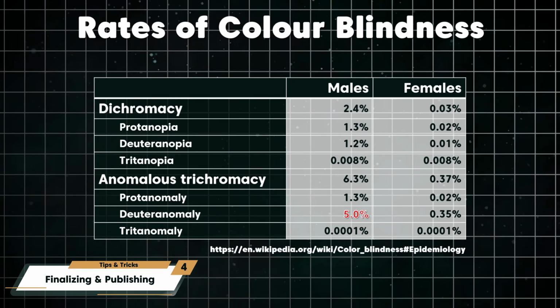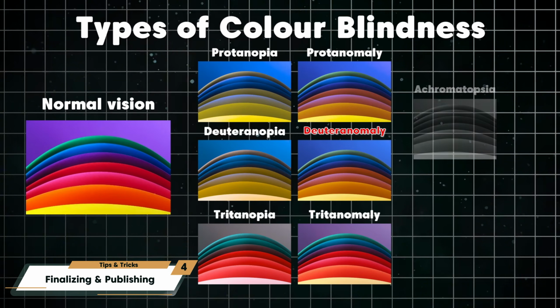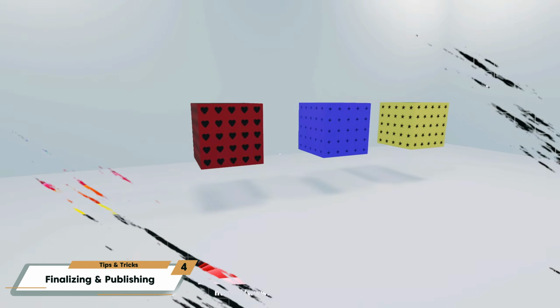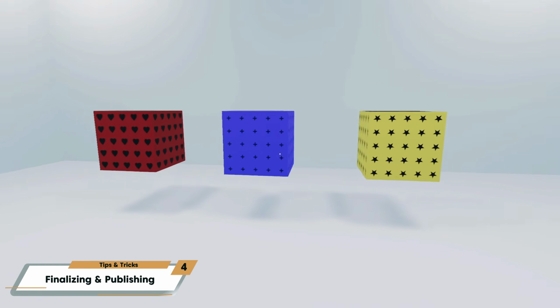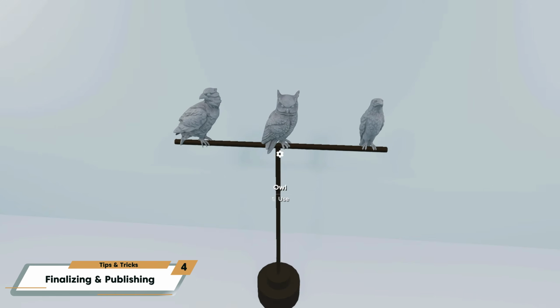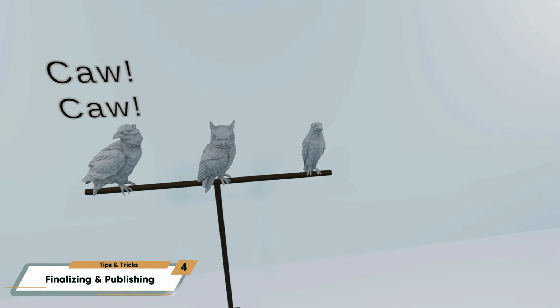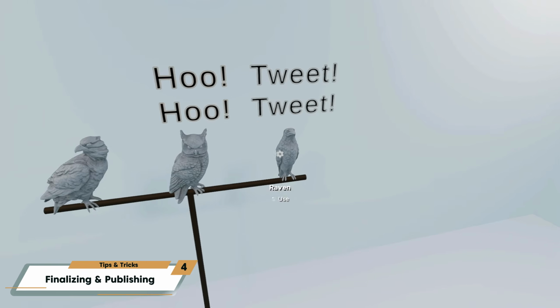Choose accessible colors for your puzzles and clues. Avoid combinations that are hard to distinguish for colorblind players, such as red and green. And consider using patterns, icons, or shapes instead of relying solely on color. For players who are hard of hearing, include visual indicators for important sounds. If a chime or click signifies success, pair it with a light turning on, a symbol appearing, or an animation